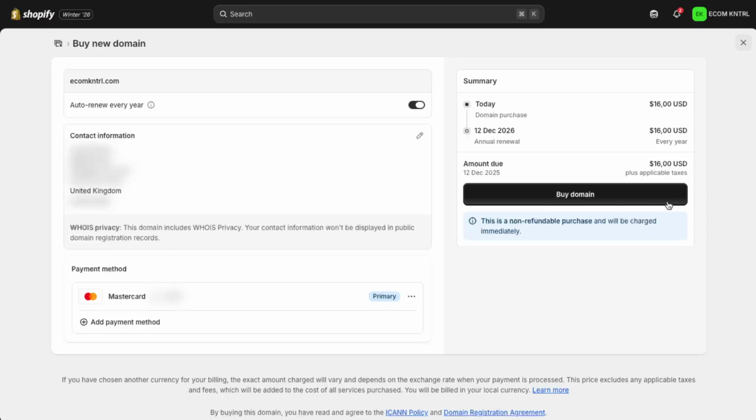After a few moments, Shopify will automatically connect this new domain to your store. From your domain settings, you can then set it as your primary domain so that customers see your new, clean URL instead of the My Shop